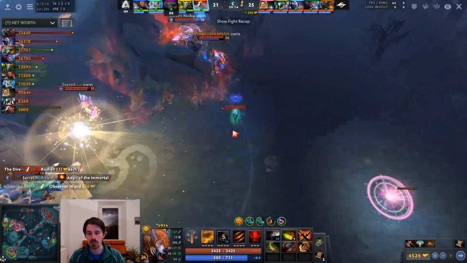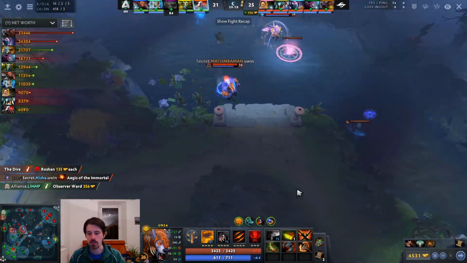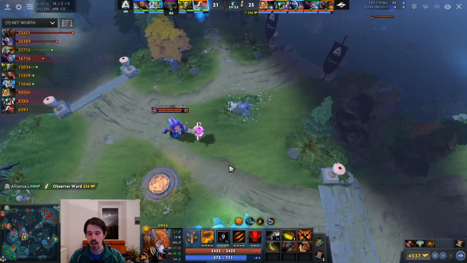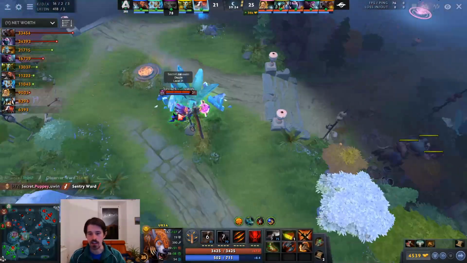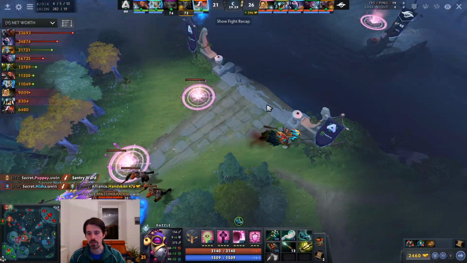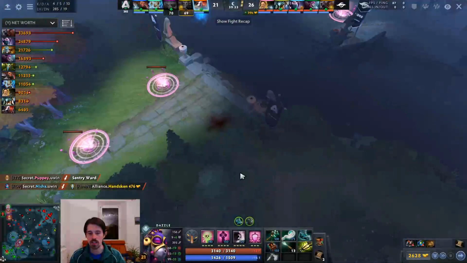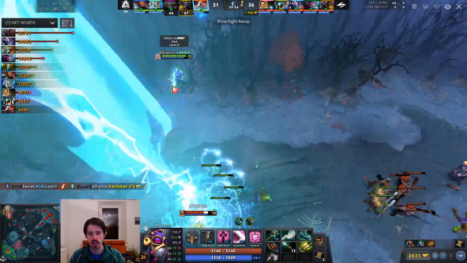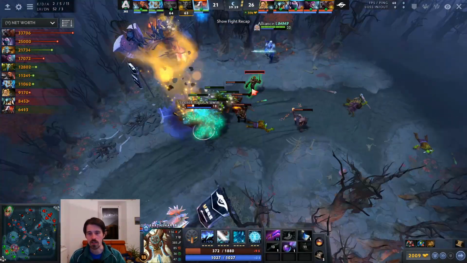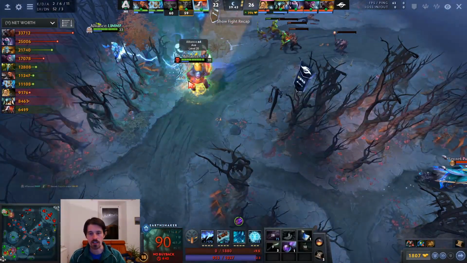They get the Aghanims onto Ursa, of course, making him that much stronger, giving him much shorter cooldown on that Enrage. And yeah, now it's just very difficult for Alliance to still stop this push. Prophet TPs here, trying to do some split pushing, but it's not going to work. They also actually find Yapso with 2 heroes at the top, but that is not going to work out for